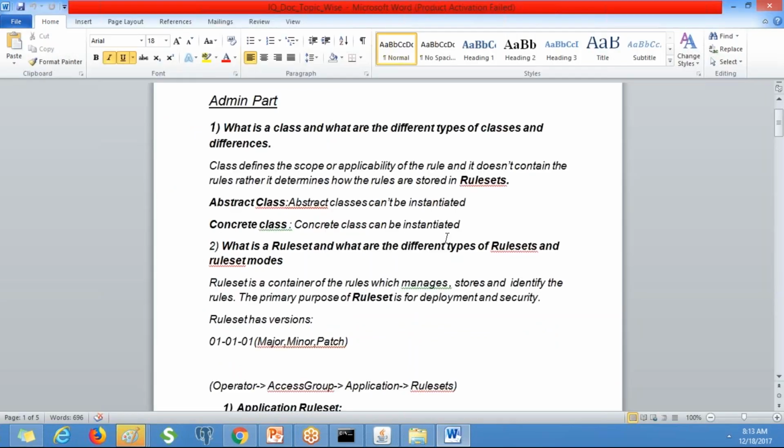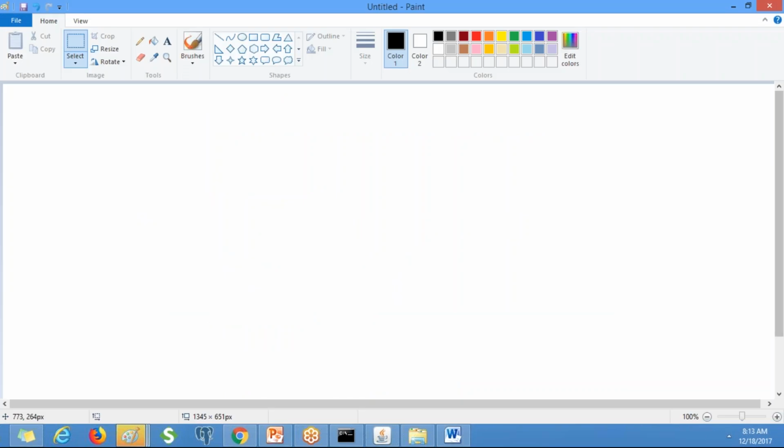A rule set will have the version, for example 01-01-01. The first 01 is the major version, the second 01 is the minor, and the third 01 is the patch version. How will the operator get access?